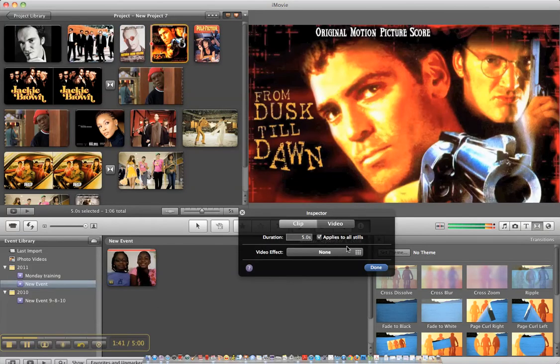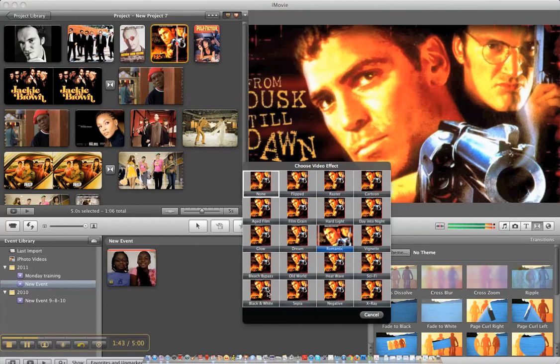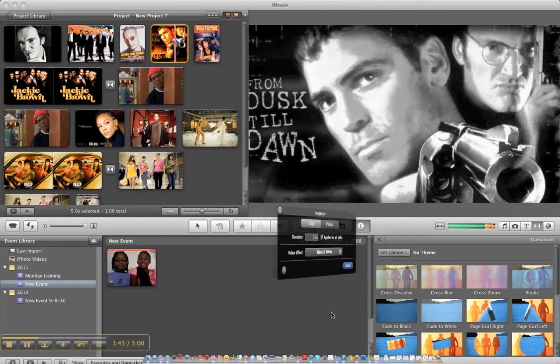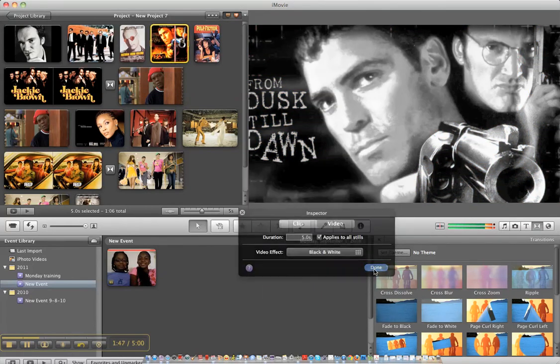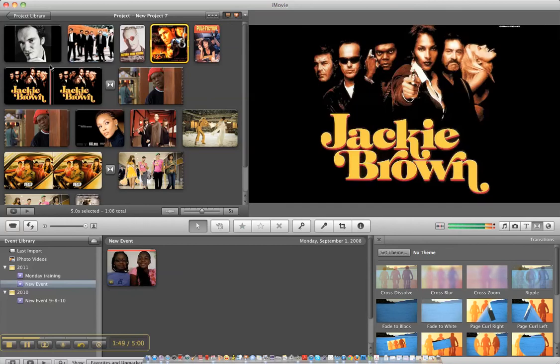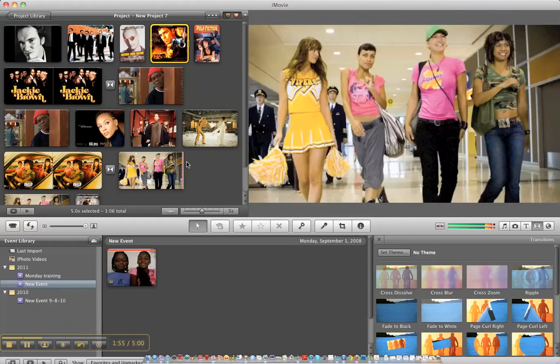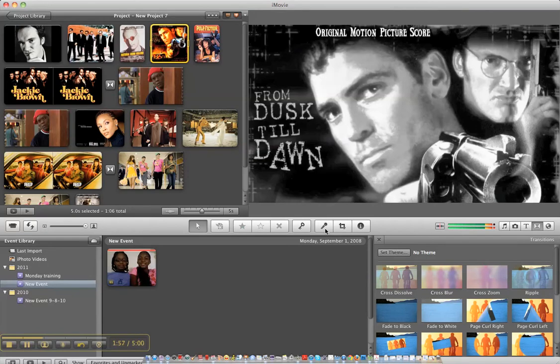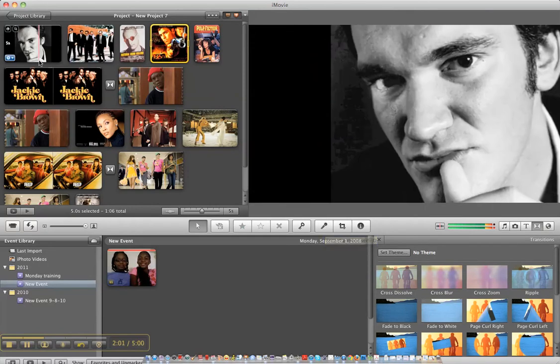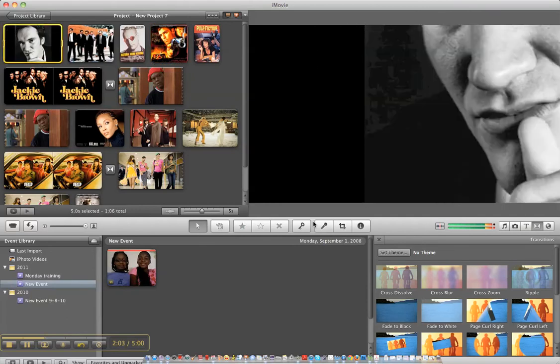selecting the image first, choosing an effect, and applying it. And then once I've done that with every one of my images, then I'd be ready to record. Now make sure that you have your script prepared and select the very first image. And when you're ready to record, you select this microphone icon,